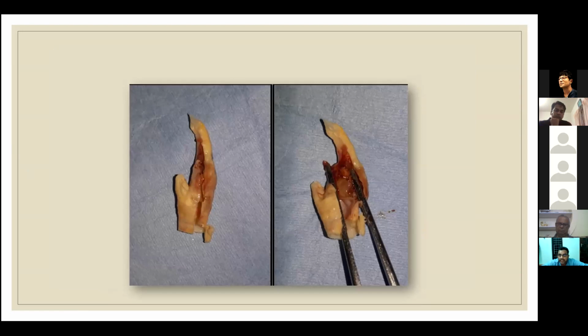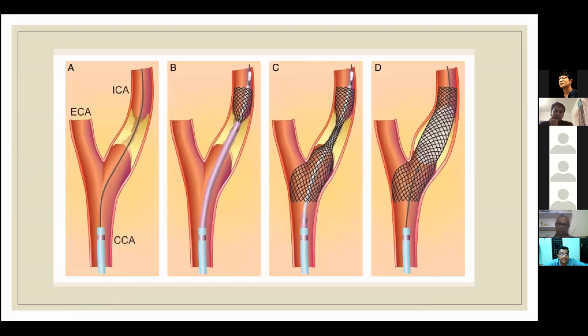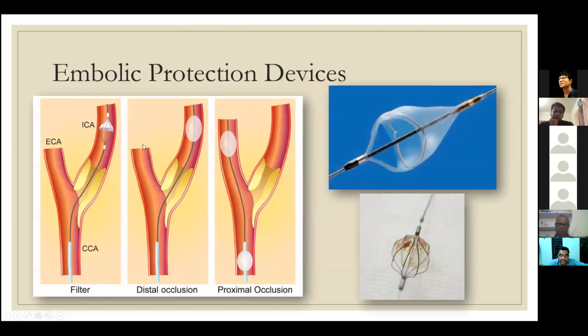Now, Sarah has shown the animation. You already know that embolization can happen at any of these steps. First of all, whenever we put the initial catheter, embolization can happen. And as Sarah showed, we usually put embolic protection devices, and that also has to go through the plaque, so there is always a chance of embolization. Here you can see the embolic debris getting caught within a filter.